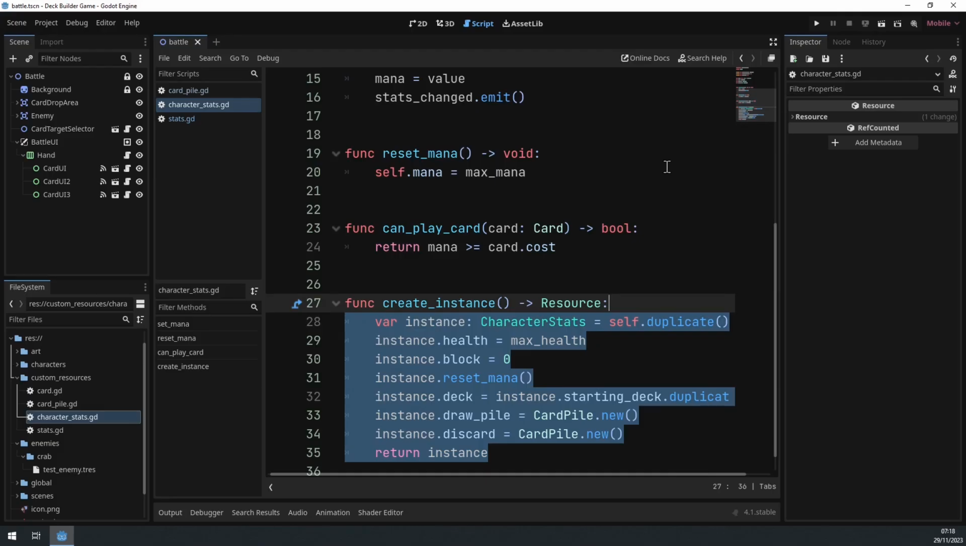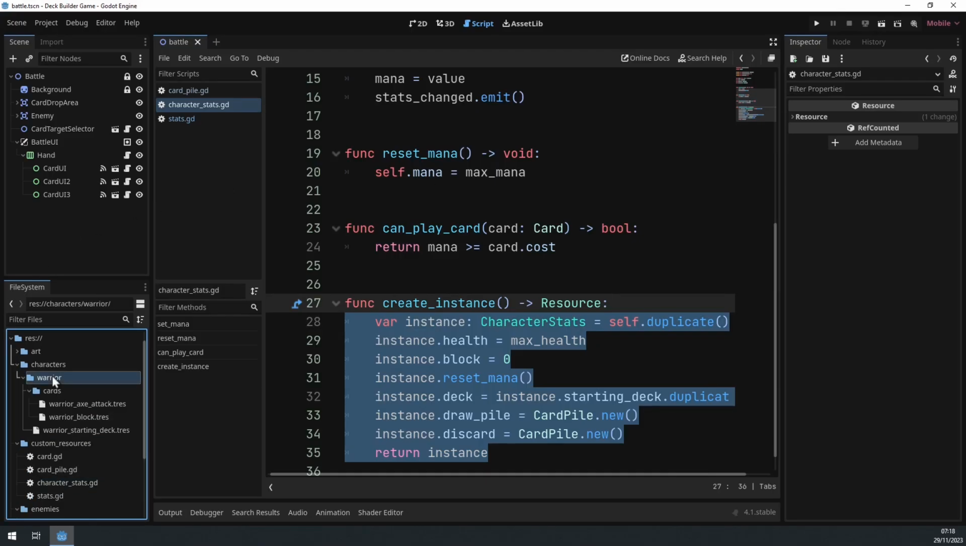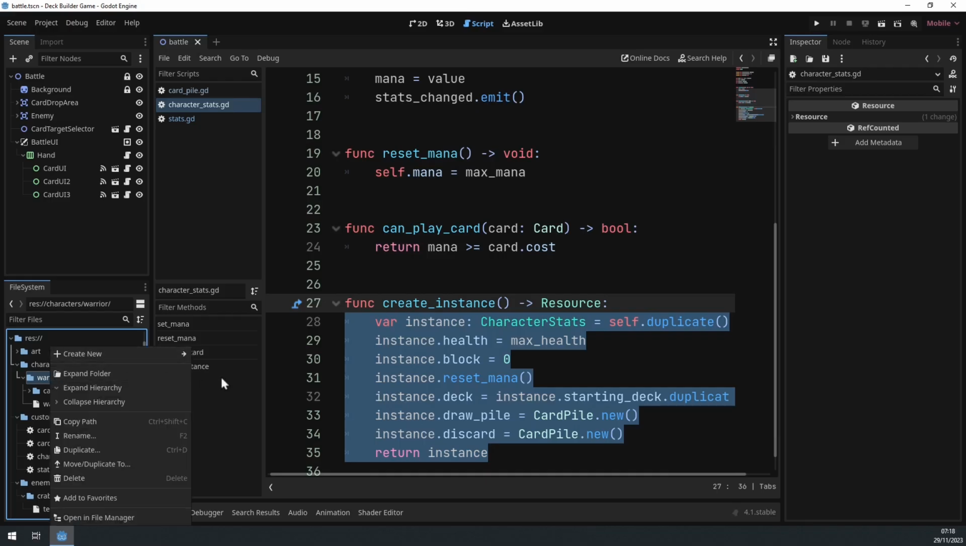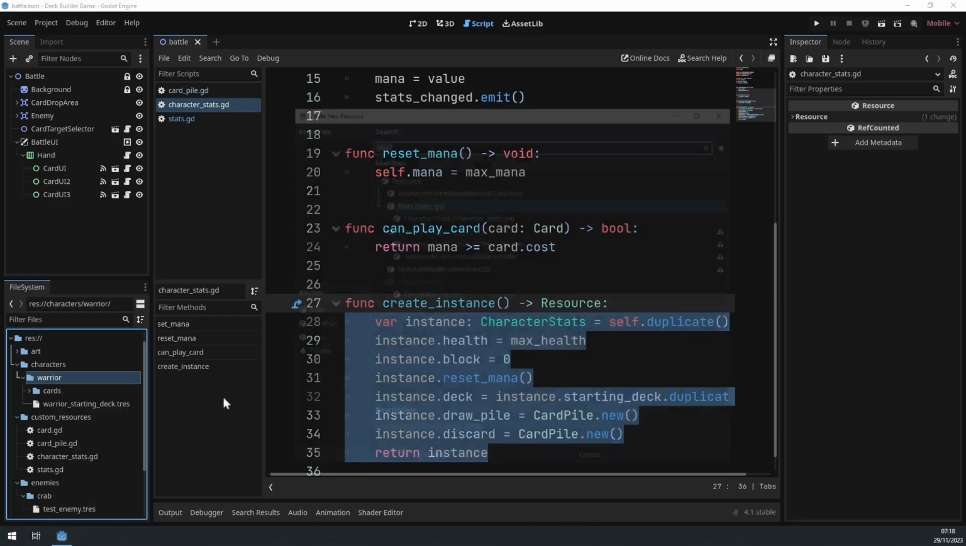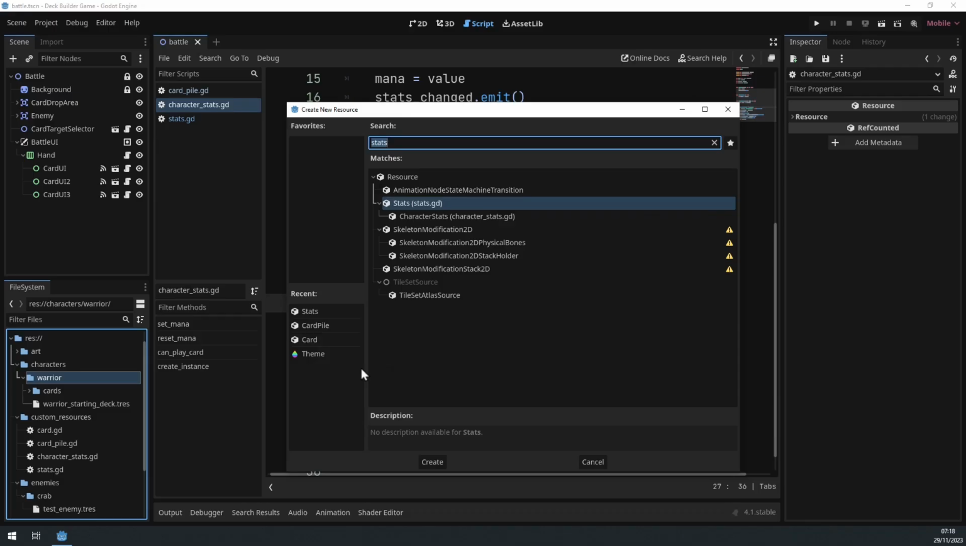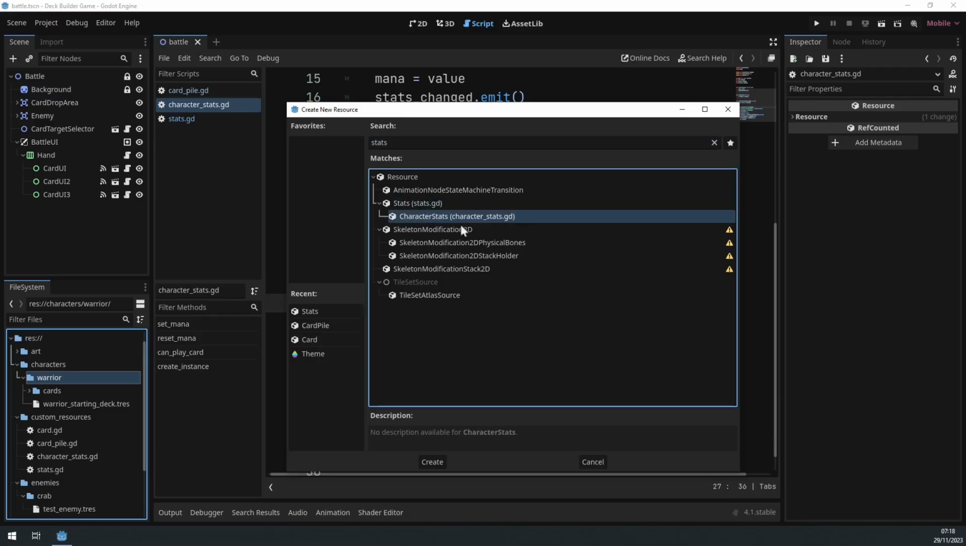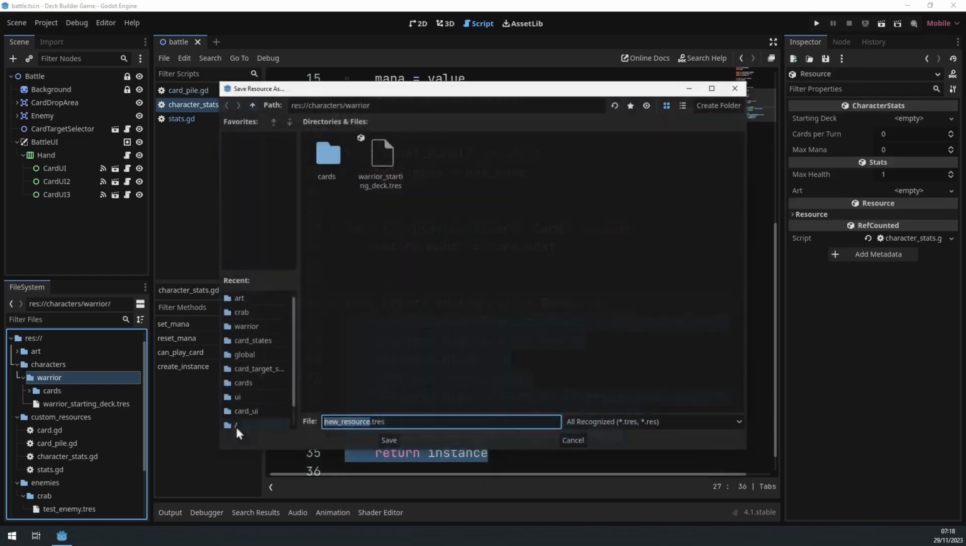So go back to the file system doc and expand characters, and under the warrior, if we collapse the cards, we can put the character right next to the starting deck, I think. So right click on the warrior folder, create new resource, and search for CharacterStats, but we have it here. And you can see it's under the stats, so you can see that it's extending that functionality. Press create, call this warrior,